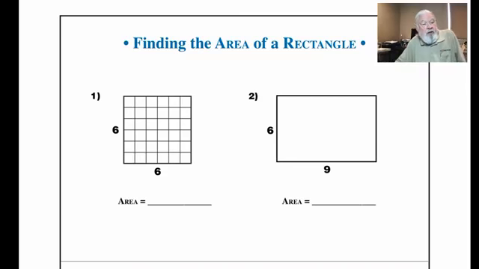Okay, now for number 2, this is going to be a little bit more advanced here. We're not going to draw the squares in this time because now we know that the area of a rectangle is length times width or base times height, and so we don't need to sit there and look at the squares. What we can do is, in this case, multiply 9 times 6 and get 54, and I'm seeing 36 square units on the screen now for the last one.